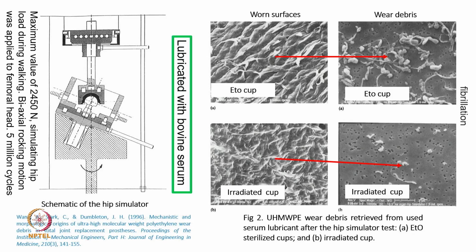So, now let me cover two more examples. Earlier, we covered two examples in the absence of lubricant, the dry case, while in this case we are going to cover some sort of lubricant. Here a case study has been given on the hip simulator, and this paper was published in 1996, with a dynamic or fatigue load. In this case the maximum load applied was around 2450 Newton, and the overall comparison was made for 5 million cycles of fatigue, and they used